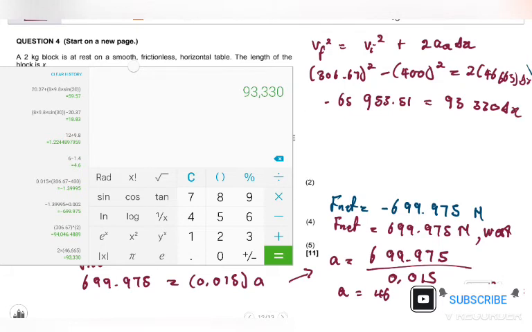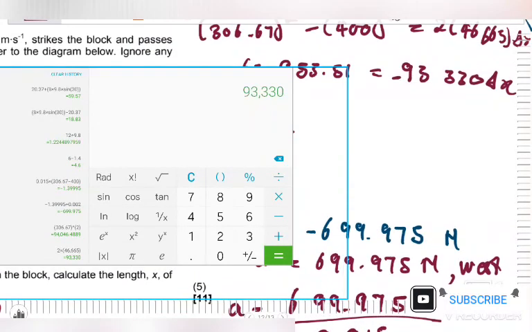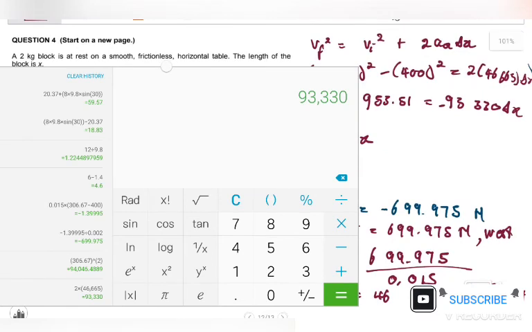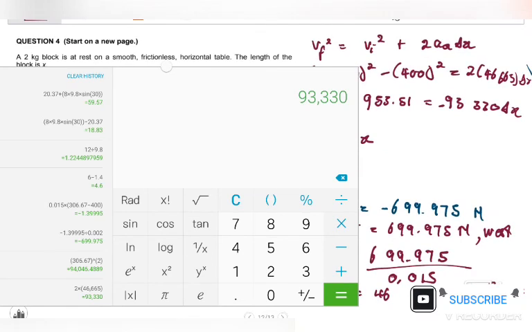Now you have to find the change in x. Remember that this acceleration was supposed to be negative, so it gets a negative sign, because it's going west, and anything going west gets a negative sign. So we're just going to, let me zoom out. Okay, so the change in x